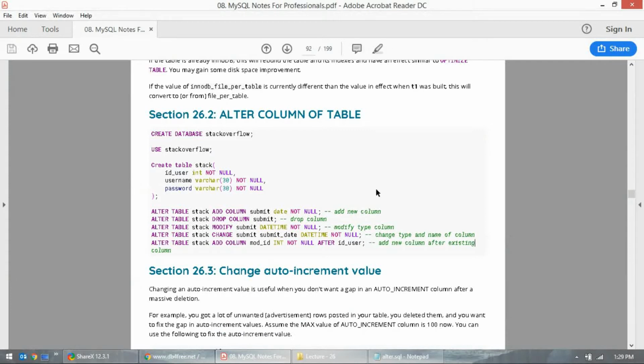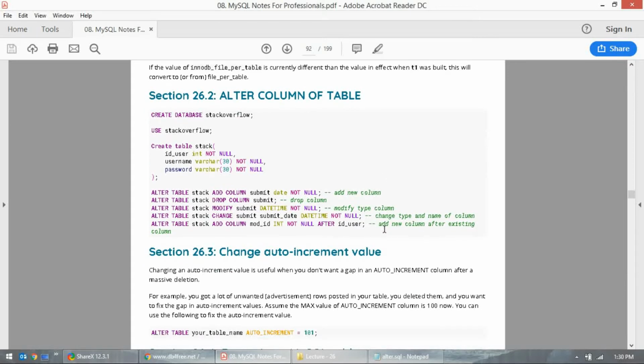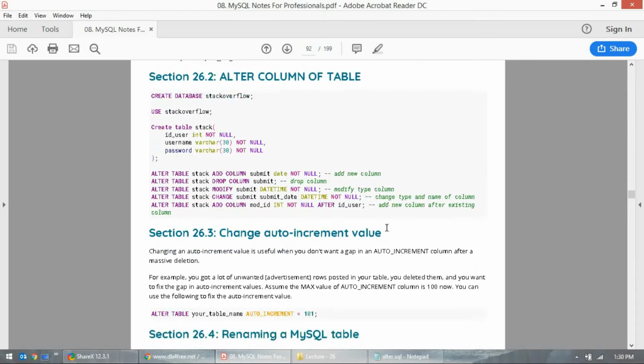So you can alter a table and its columns, not data. Here we are not trying to alter data. If you want to change data, you can use insert or delete. But here what we are trying to do is manipulate the table, the columns of the table, not the data inside the table. Alright? That's the point. If you understand that, that should be good for you.